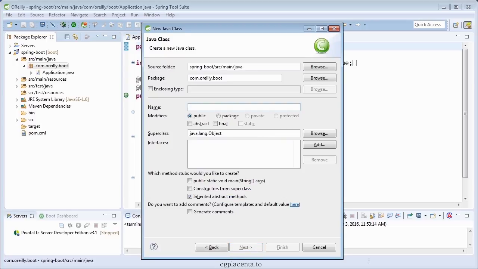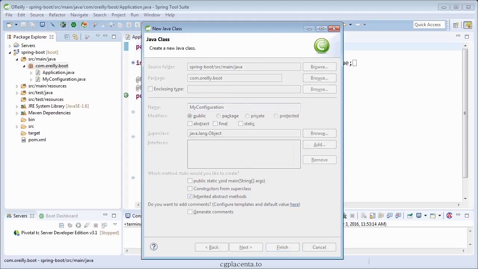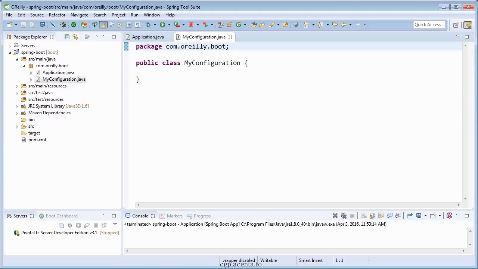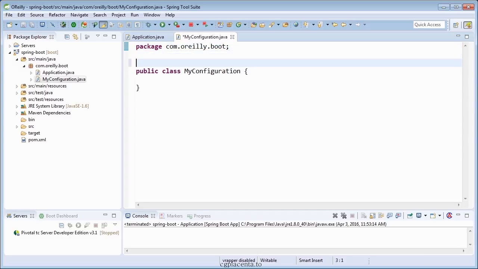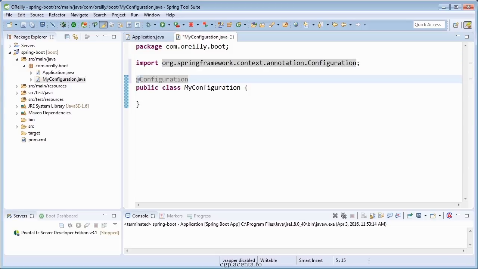So we'll go ahead and build out our new class. We'll name it My Configuration, and then I'll simply hit the Finish button. And this will build out our new class. Within this class, we will provide the configuration of different beans we would like to see in our Spring IOC container. The first thing we'll do within our configuration class is add the configuration annotation, and this indicates that our